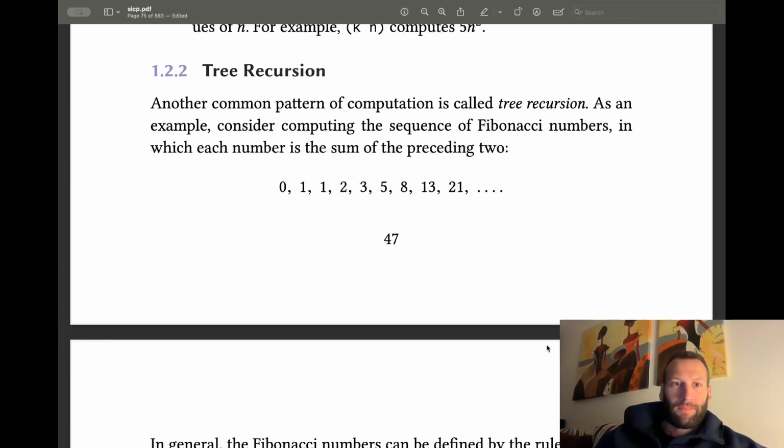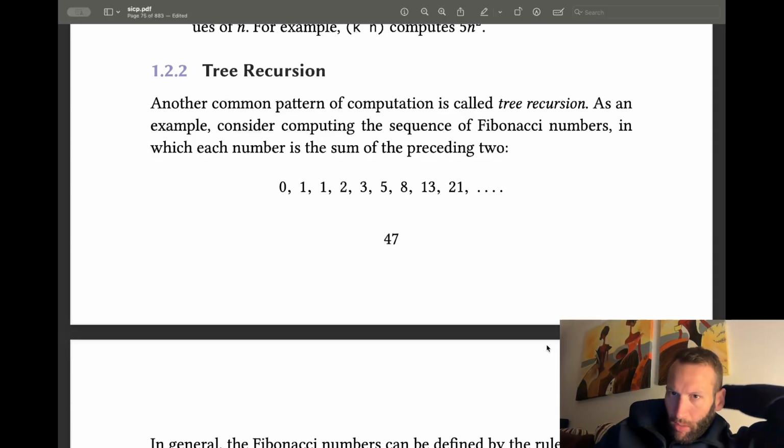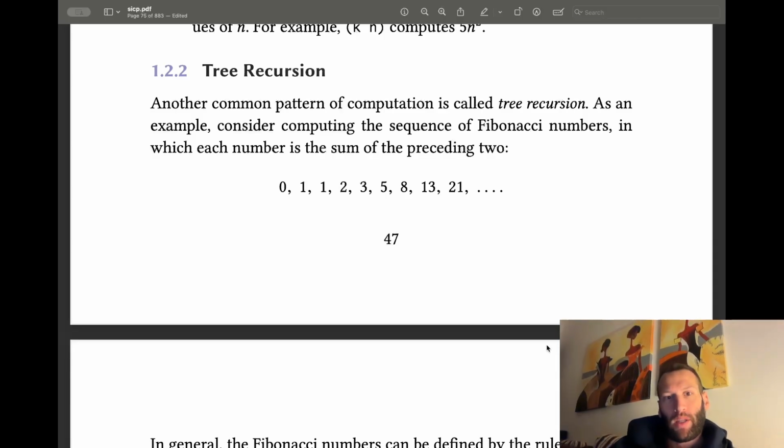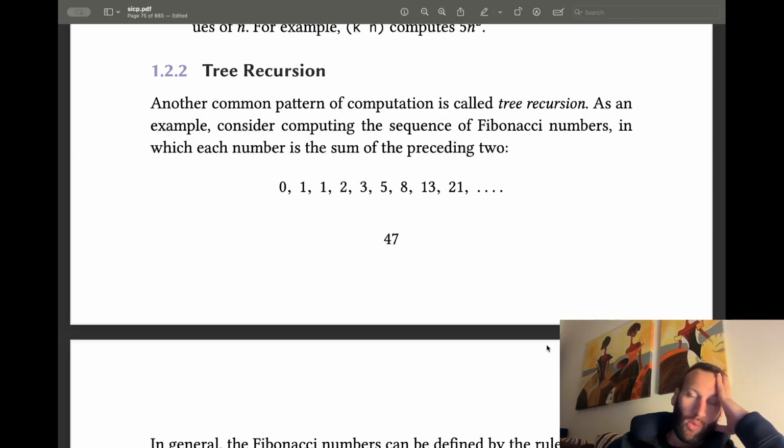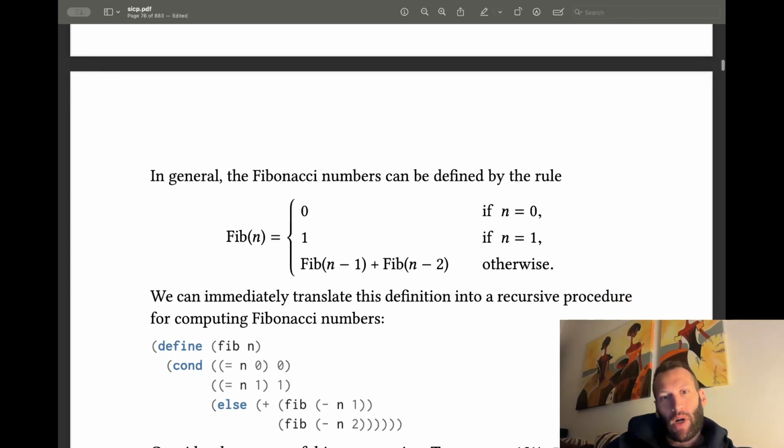Tree recursion. Another common pattern of computation is called tree recursion. As an example, consider computing the sequence of Fibonacci numbers, in which each number is the sum of the preceding two. So we have 0, 1, 1, 2, 3, 5, 8, 13, 21. In general, the Fibonacci numbers can be defined by the rule